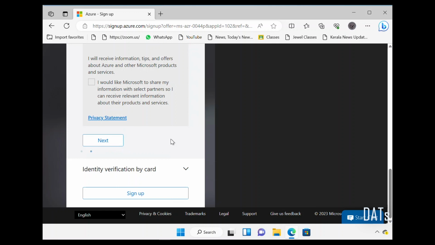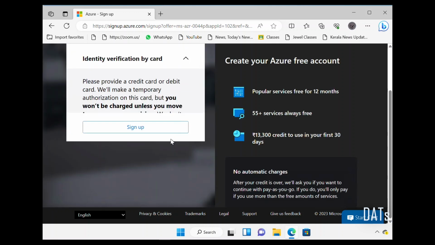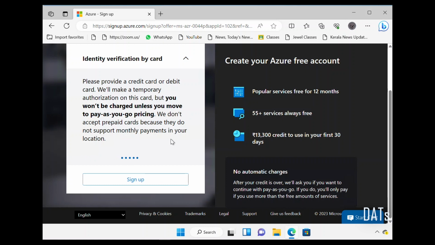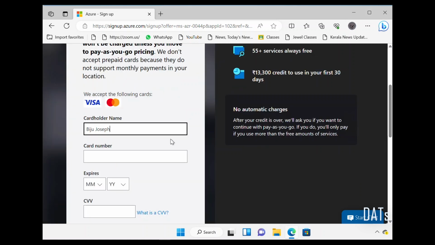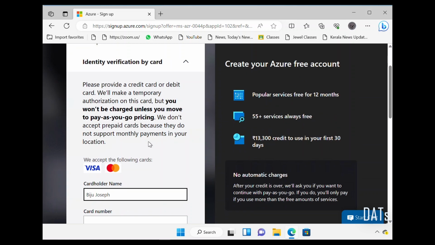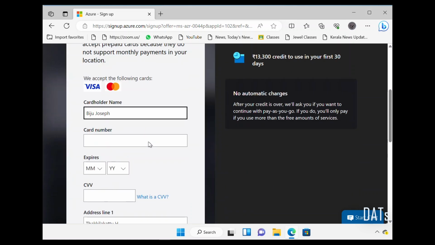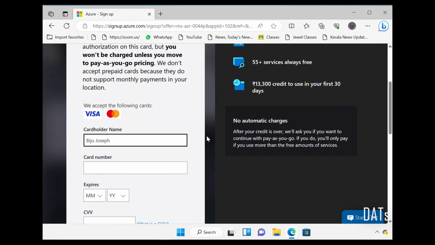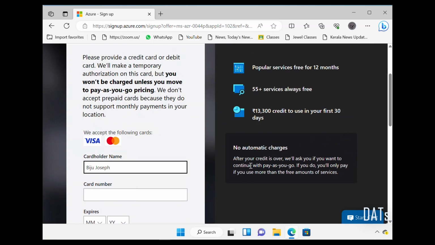Once the account is created, you will have to verify yourself using a credit card. So you need to provide credit card details and submit. It won't charge you unless you upgrade your plan to pay as you go. For the free trial, it won't deduct any money from your card.